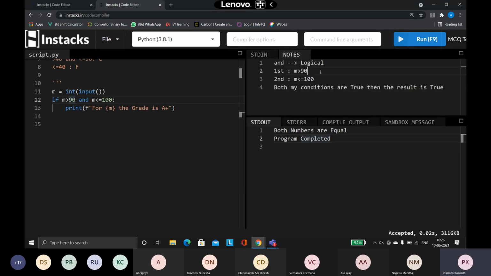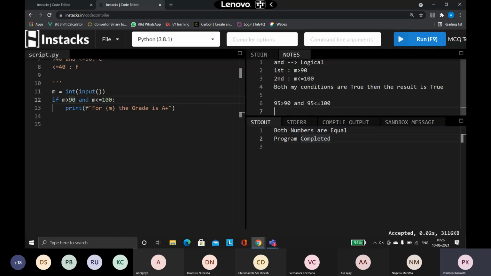I have given the M value as 95. So 95 greater than 90 is my first condition. And what is my second condition? 95 less than or equal to 100.